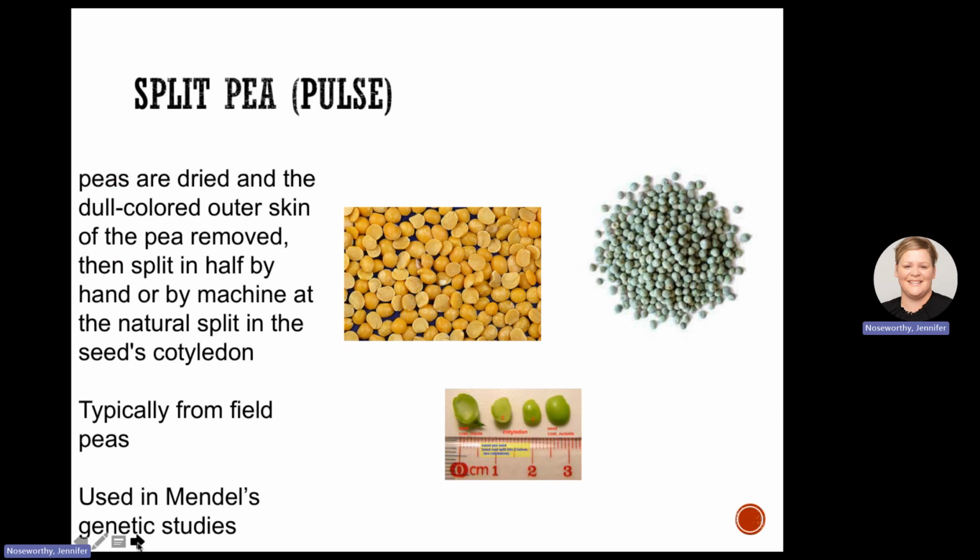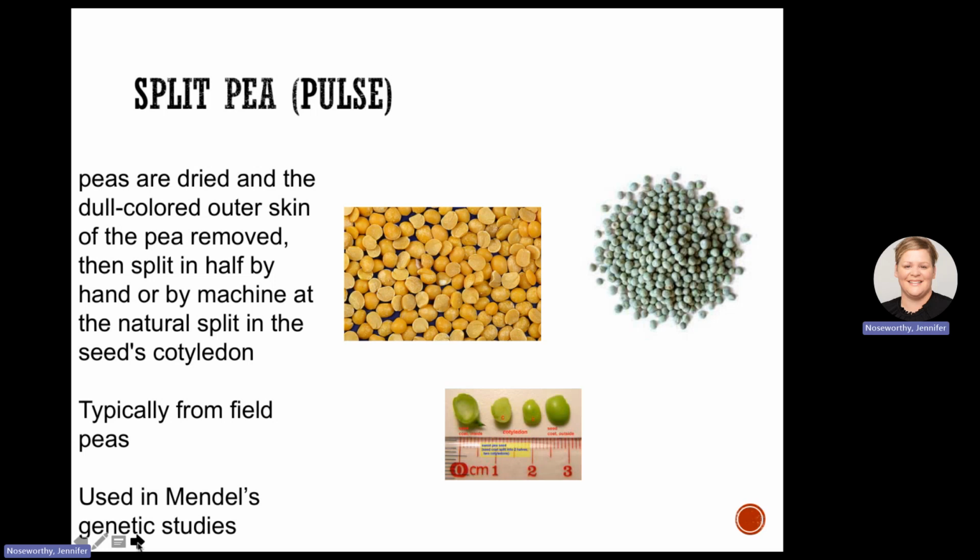Now, split peas, we typically think of being green. They can be gray, they can be even tan or yellow. And it's really this yellow portion that is the cotyledon, or the developing seed leaf, that you're seeing.